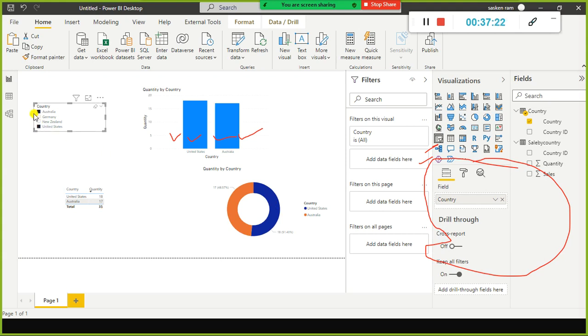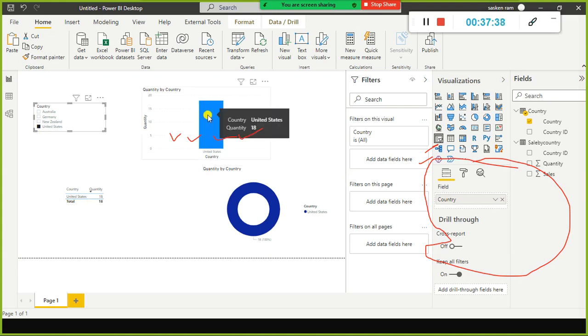So let us take, for example, when I select United States, it applies the filter to other visuals also. That's why in the table visual you can see United States related data, and in the column chart here also you can see only United States.